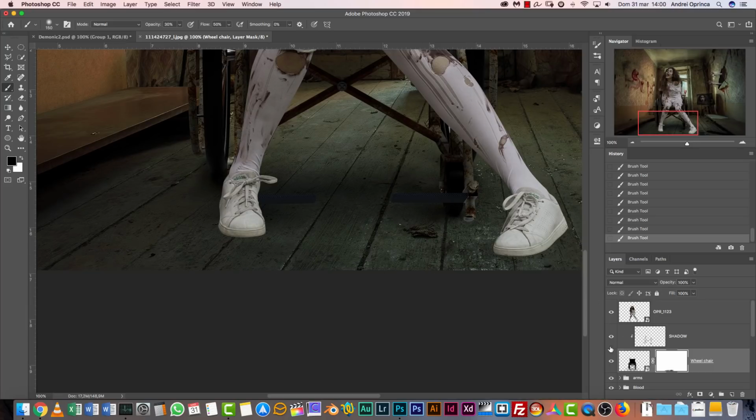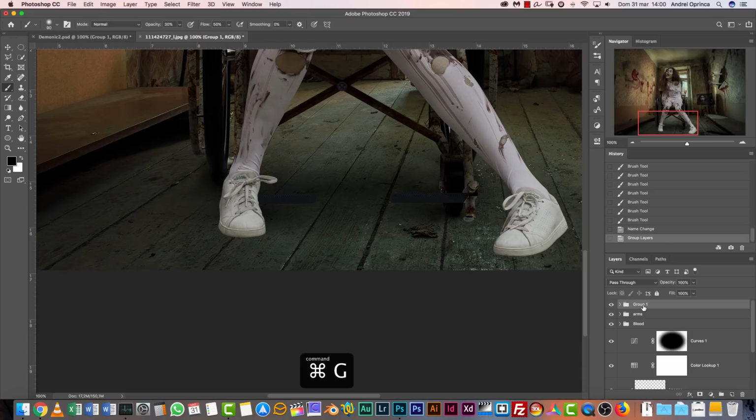Just leave the shadow of the chair itself, but not of this two. Well, these are the foot rests where the patient is supposed to put their feet. Okay, now let's name this model. And actually we have to start grouping this. I'm going to select the model, the shadow, and the wheelchair, press Ctrl Command G, and I'm going to name